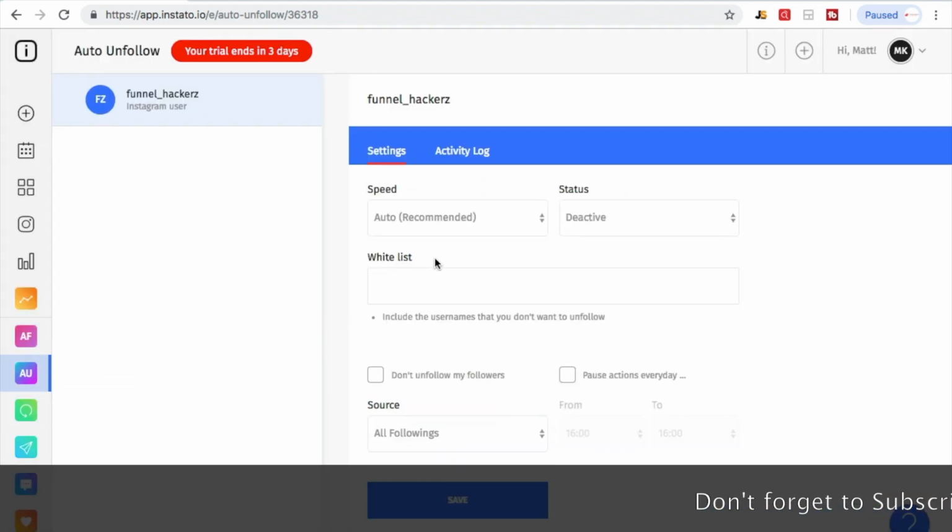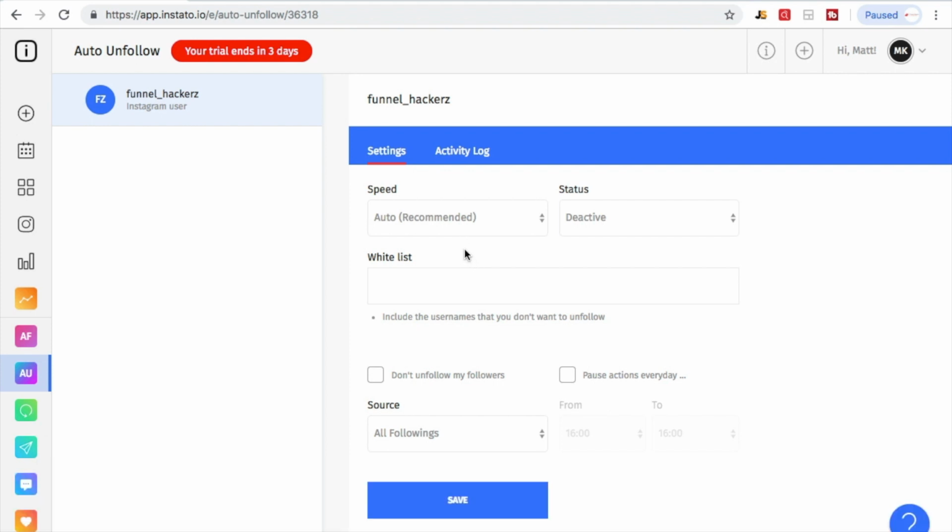Okay, so auto unfollow is really important, because obviously if you're just following people daily, you're going to get people to follow you back, but there's gonna be a lot of people that don't follow you. So you're gonna wanna make it a good looking ratio, obviously. So here's something that you are going to wanna do. If you have accounts that you don't want Instato to unfollow, then put them in the whitelist. So for example, if you're following Ty Lopez, but he doesn't follow you back, and you want to continue to follow him, put his username in here,